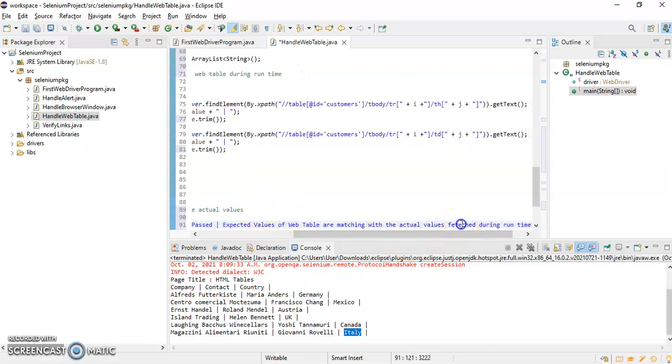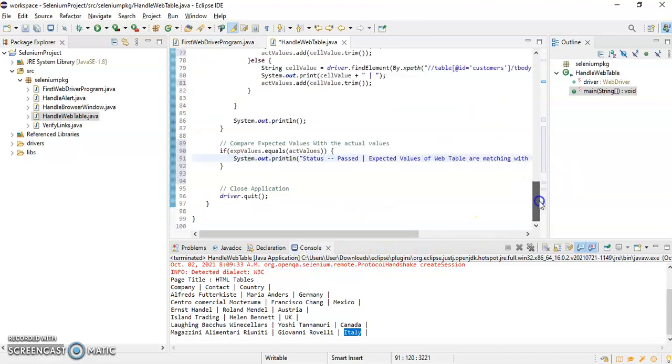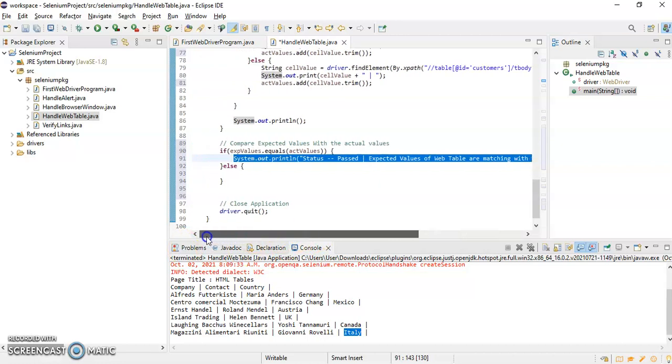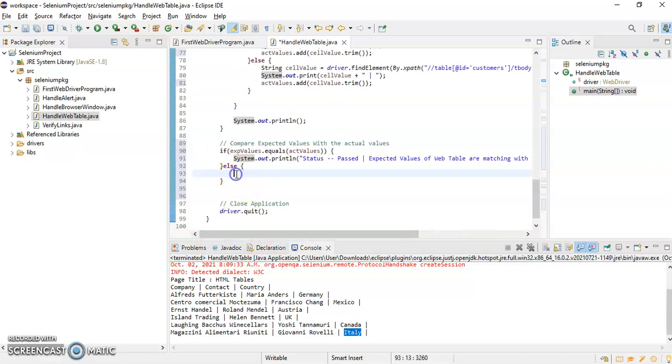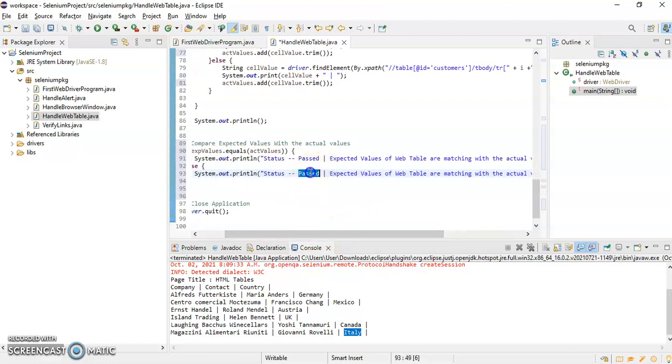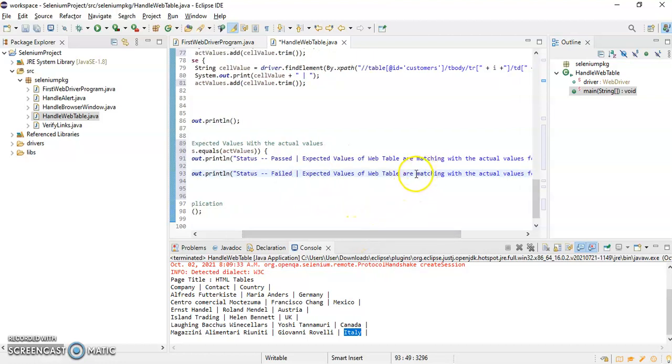Else, I'll copy this statement and write here: Failed, expected values of web table are not matching.